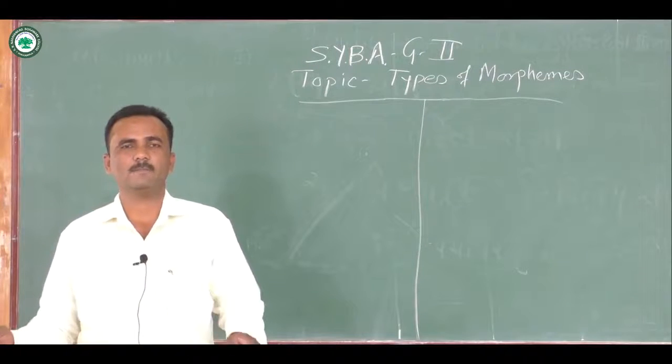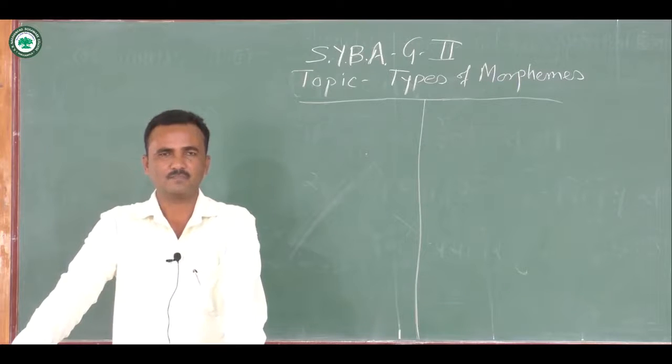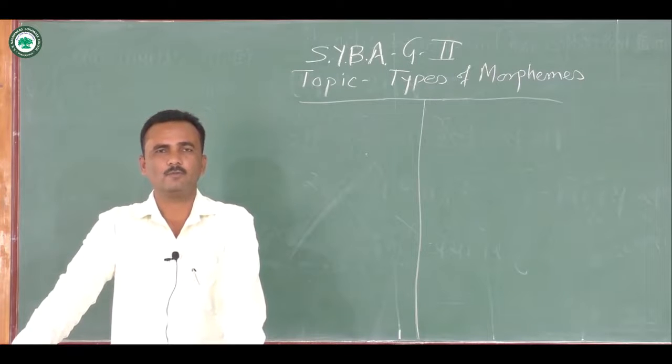In this lecture we are going to talk about the different types of morphemes. So the concept of morpheme is clear. The morpheme is the smallest individual unit of the word. A morpheme should have either a semantic or grammatical function. It means it should convey at least a meaning, or it should have some grammatical function to play. Such words can be called morphemes. So we are going to learn about the different types of morphemes.